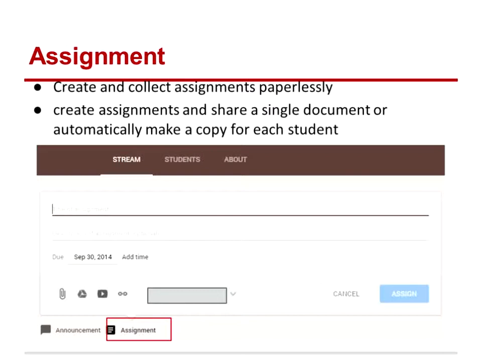Because Google Classroom only works with everything within your Google Apps for Education environment. So that YouTube video, you have to put it into your Google Apps for Education YouTube account. And if you don't have one enabled, then you won't be able to do it. So it's very strict, but at the same time, it's a great thing because it keeps everything within your Google domain, and usually the videos that kids can access through their Google domain have very strong filters on it. You click on Assign Your Assignment.